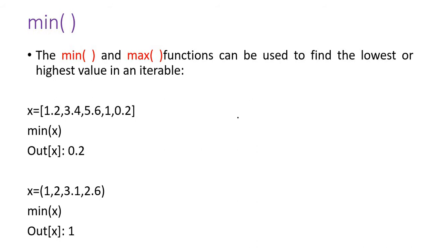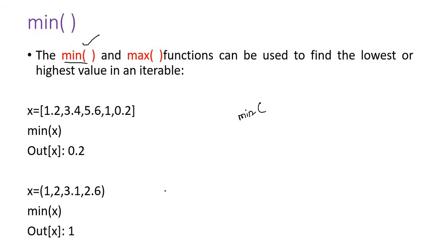For example, there is a built-in command min. You can take a list, a tuple, a set, anything. If you apply min on that list, tuple or set, it will find the minimum. It will compare all the items and give the minimum of the items in the list, set or tuple.